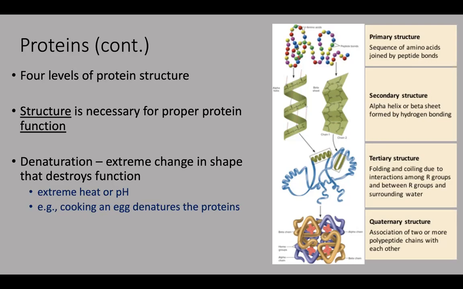You can also denature proteins by exposing them to, say, extreme heat or pH. This just means breaking down the shape. It doesn't necessarily break the bonds between the individual amino acids. It just unfolds the proteins, and that makes them non-functional. So when you cook an egg, that basically denatures the proteins. That's why our body wants to stay at a very specific temperature and a very specific pH. Otherwise, our proteins can become denatured, which will ruin everything.